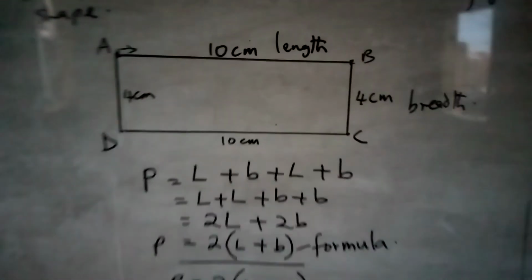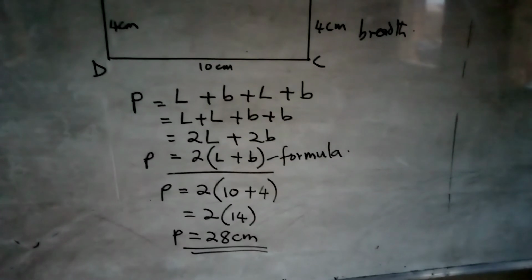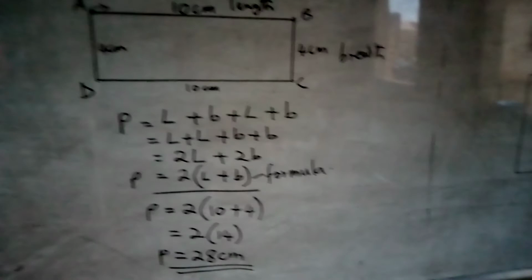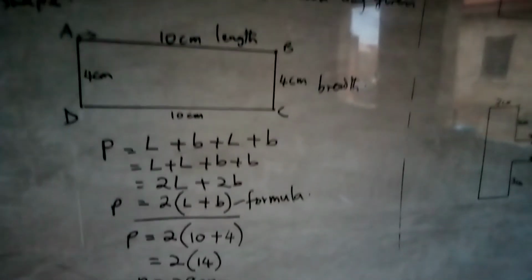So you see, it is as simple as this. This is how we find perimeter of plane shapes. Now I will equally solve some other problems. It's a very, very simple topic, but